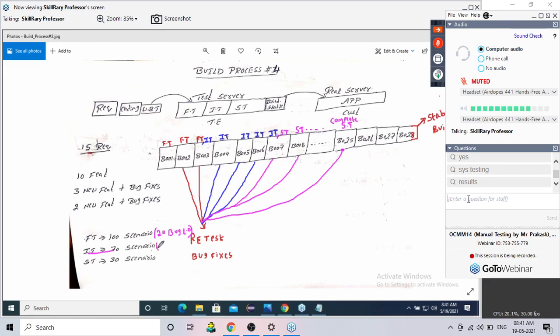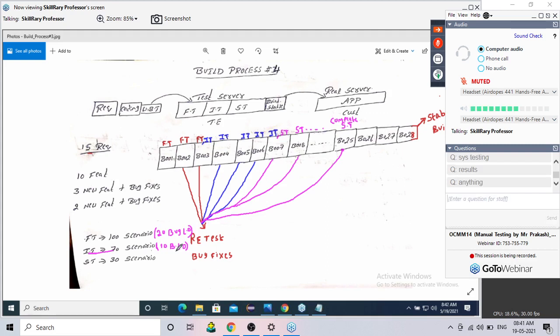Integration testing is completed, it's fine. But still I have some 10 unfixed bugs. Okay, still I'll write bugs are left out. Integration scenarios are completed, but still 10 bugs are left out. Are these 10 bugs functional bugs or integration bugs? Generally I'm asking. Or it may be anything. Okay, it may be functional, it may be integration. Again, that depends on the priority of the test engineer. Good, everyone is giving the correct answer now.